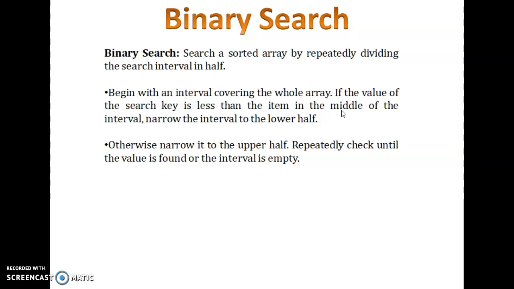So in binary search, when you take the entire list, it is divided into two parts based on the middle element that you consider. And in this searching, the element that you wanted to find is considered as the key element. Whenever you divide the entire list into two parts, the key element is compared with the middle element. If the key element is greater than the middle element, you are going to check on the right side of it.